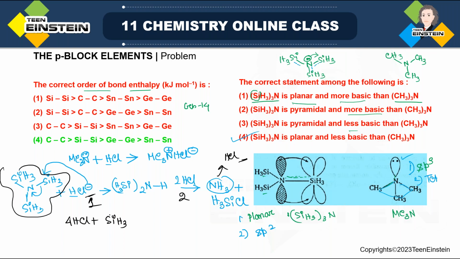plus N(SiH3)3, and it will produce ultimately NH4Cl, and there will be total 3 H3SiCl. So this is the overall balanced equation. So how it will behave with acid, that you can see in this equation. But correct option is last one. It is planar and less basic. Planar and also sp2 hybridized. Remember,